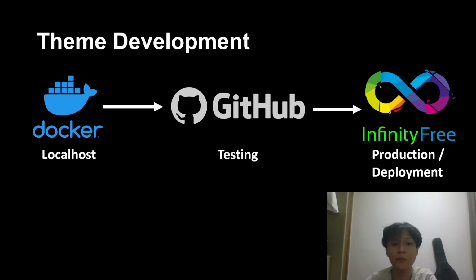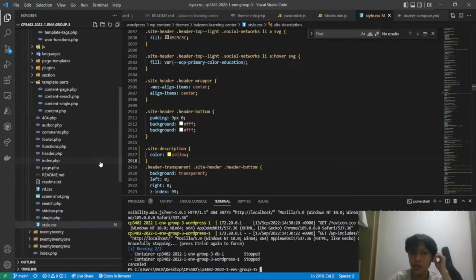When the changes are approved, they can be pushed to our server, where the change can now be seen in our production site. For an example of how a change in a theme is made, we will show you a live demonstration of that. So as you can see, this is our